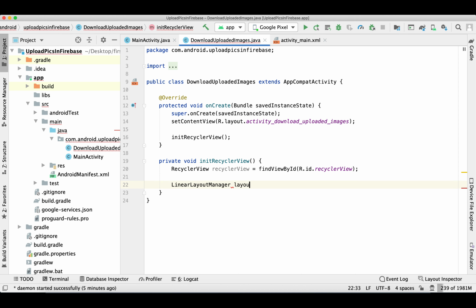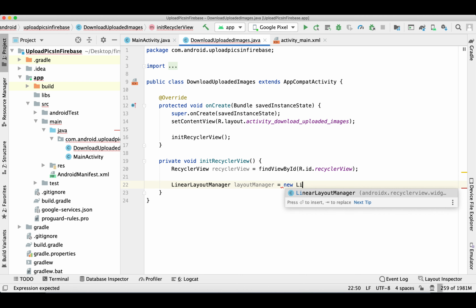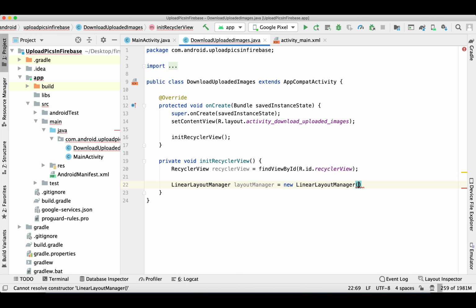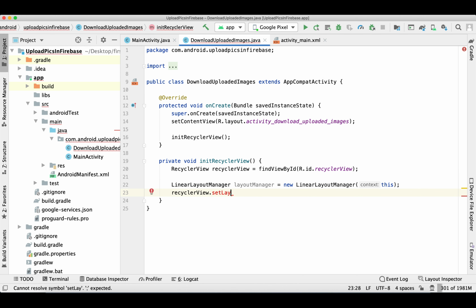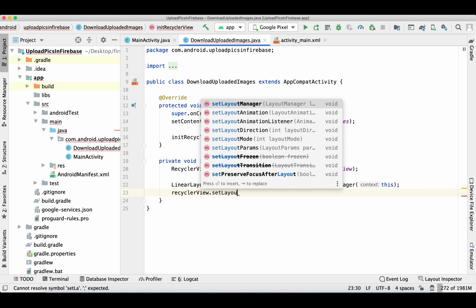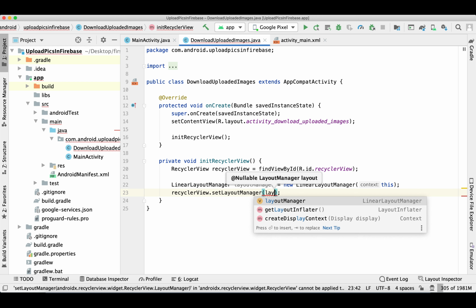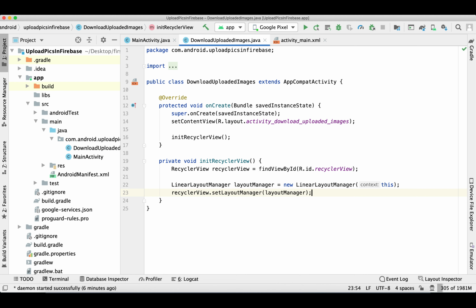So we need to add a linear layout manager when we want to keep our recycler view vertical. So we'll simply add this linear layout manager to our recycler view. Next step is we need to add the adapter.